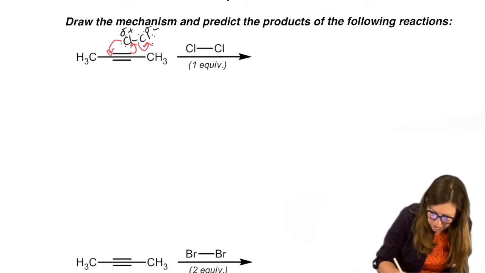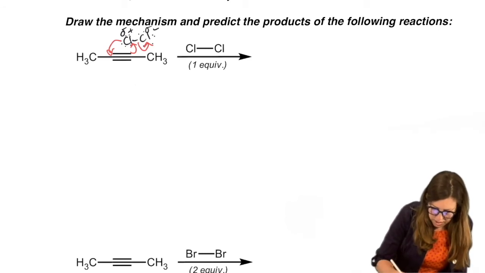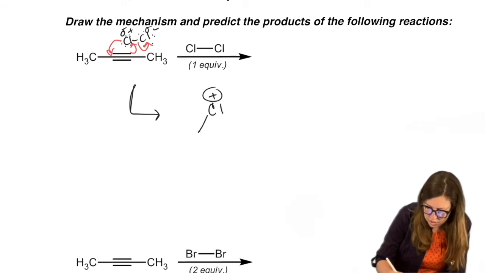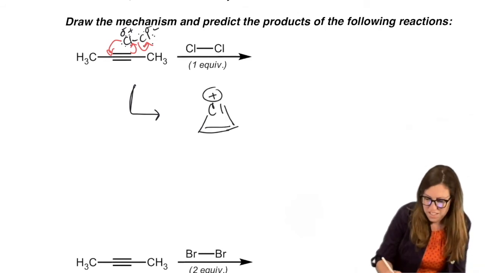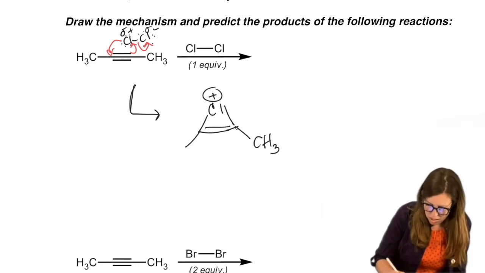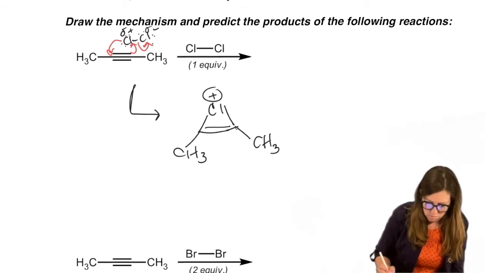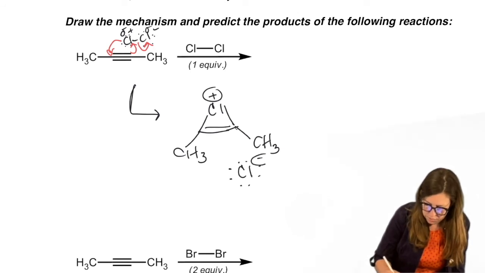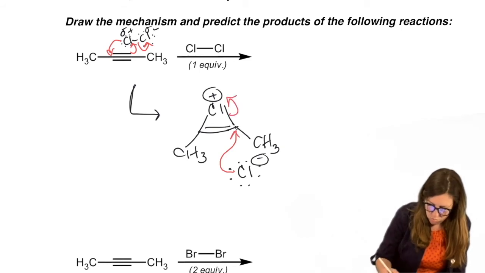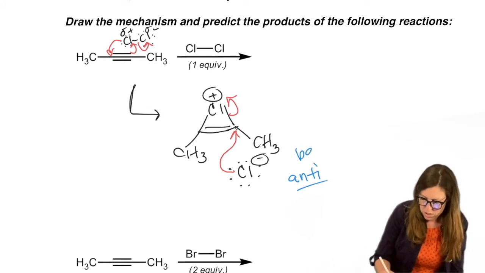Back down, and then this leaving group can leave. We get that chloronium ion type intermediate, only it's even more strained because there is a pi bond as part of this 3-membered ring. I mean, talk about strained, it was already strained as it was, but now it's particularly strained. Short-lived, right? But we'll likewise still have a backside attack. Anti. Because that backside attack results in anti.